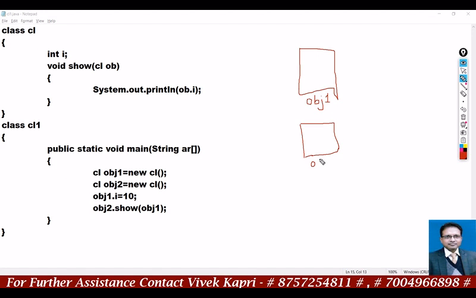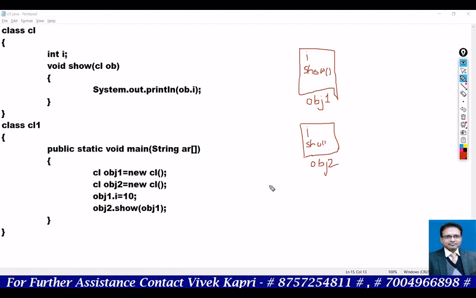As you create the object, you have to mention the members. Here is show, and in this class you also have a variable i.